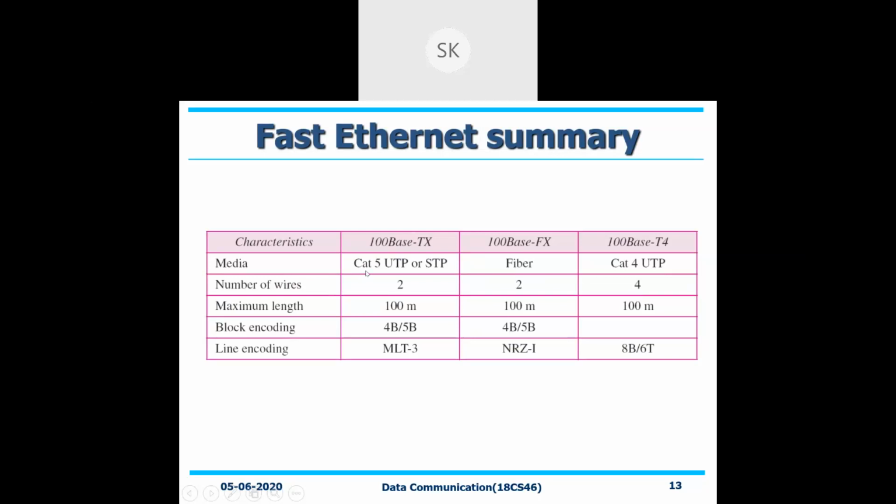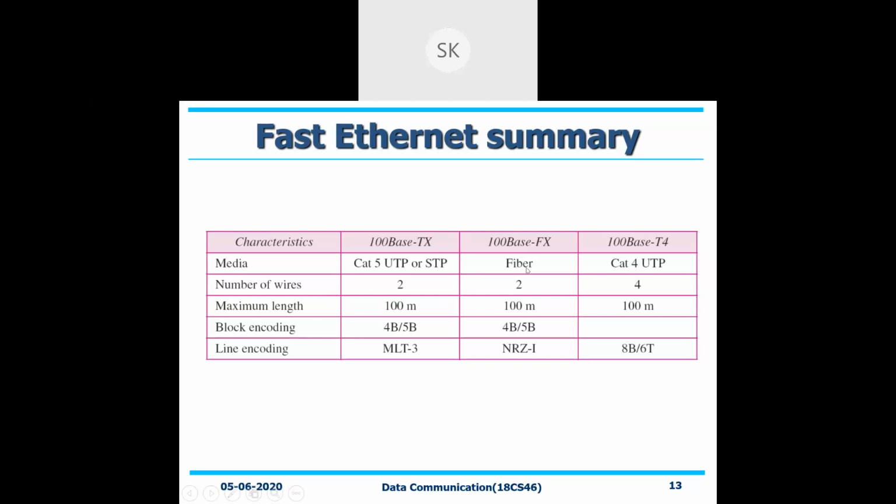Media that we are using is Cat5. That's what I said. UTP or STP, normally we will be using UTP itself, unshielded twisted pair. Shielded twisted pair will not be used because of the highest cost. Because a plastic coating needs to be available with respect to each twisted pair. It may be plastic, it may be anything. You can use aluminum foil also for that shielding. So if you use different materials, the cost will be high. Just because of it, we'll always go with unshielded twisted pair.